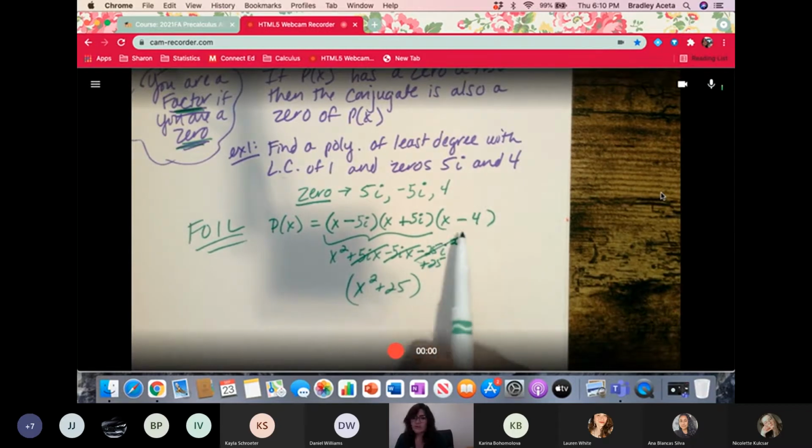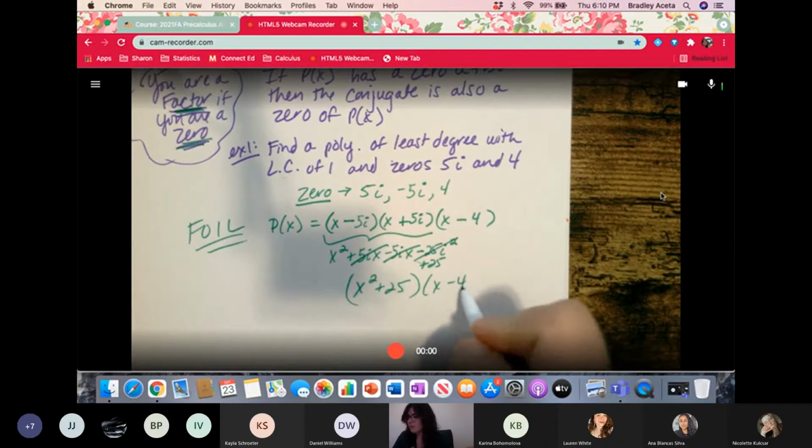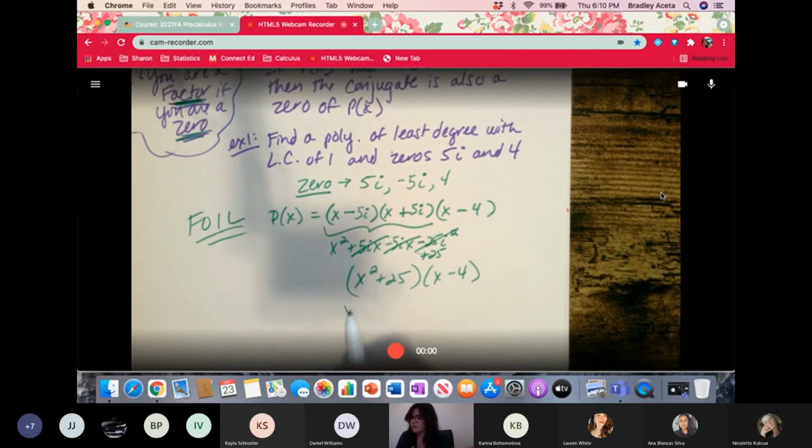Well, then what do I do about this guy over here? Well, now you're going to have to FOIL him times x minus 4. So now we'll FOIL that: x squared times x is x cubed. X squared times -4 is negative 4x squared. 25 times x, and then last would be -100. Oops. This would be the polynomial